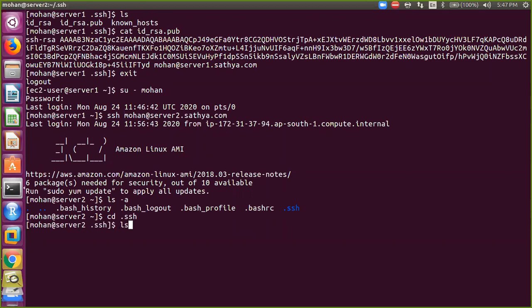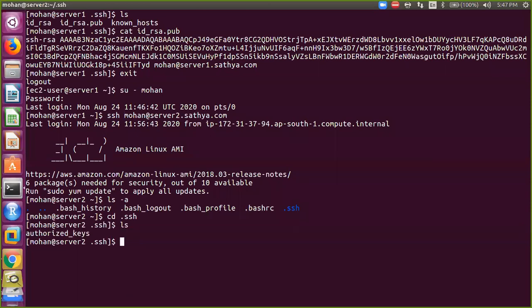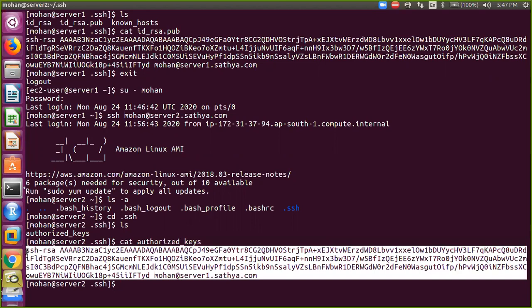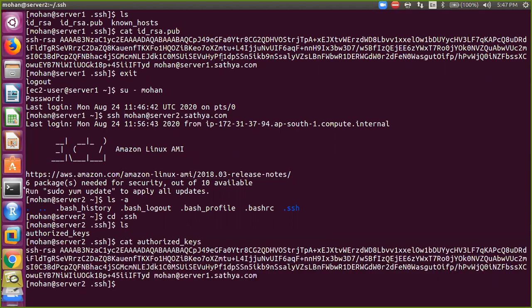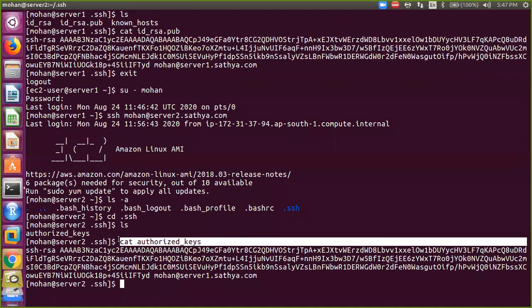Yes, here, observe, sir. It is having only one file with the name authorized_keys. So try to display the authorized_keys. Observe, sir. It is having the public key of. It is the same key, right? Observe, the same key. So this key will be copied to the authorized_keys on this server.